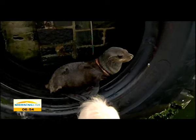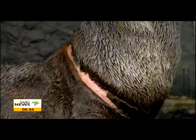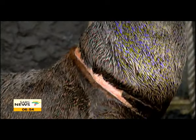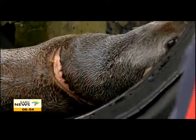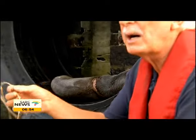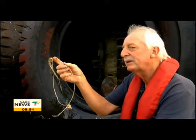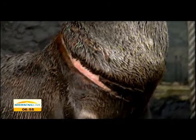Many of the seals in the harbour have straps or nooses cutting into their necks. If left unattended, the nooses get tighter and cut deeper into the flesh, causing nasty wounds that could lead to the death of the animal. This is a prime example of a little piece of string, innocent as it is, cutting into the seal like that. Last Monday, we were called to the seal and we caught him, cut it off, and look at the